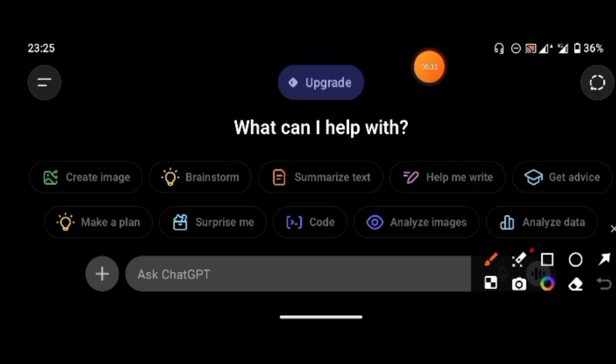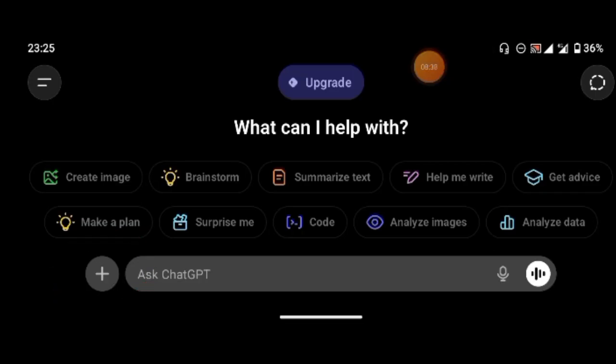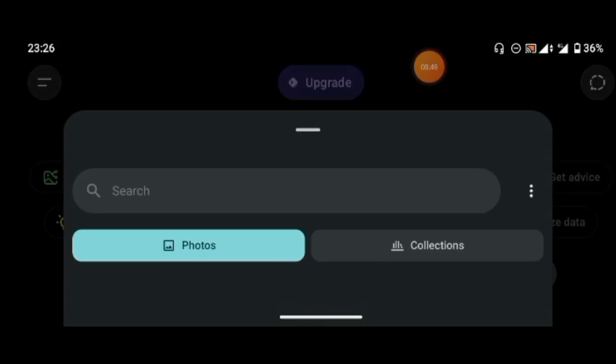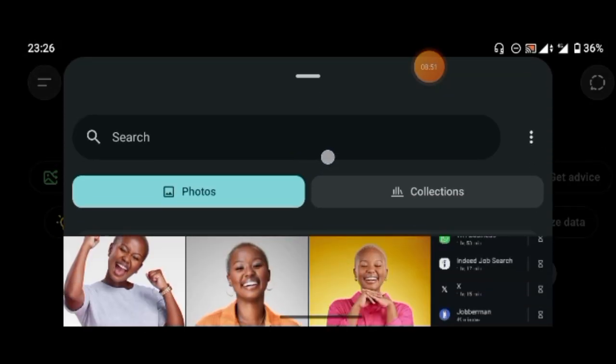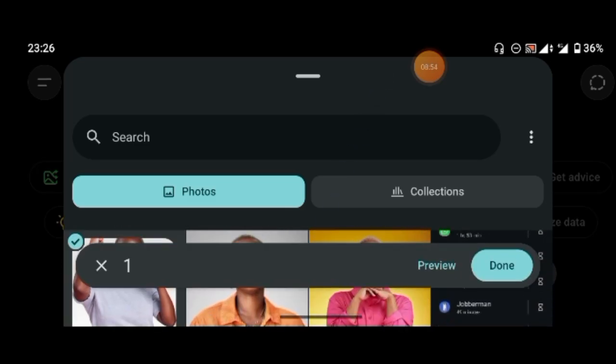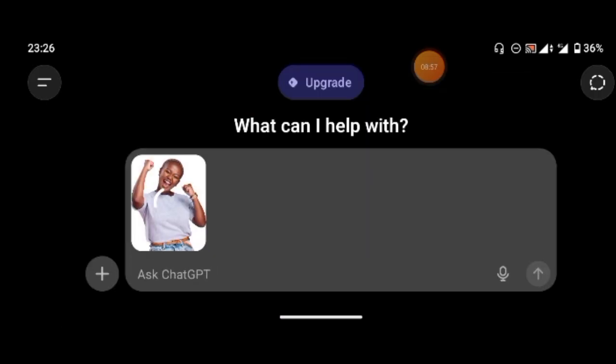Once you click on it, this will redirect you to your files. So you can just click on photos, that's what you want to import, right? Not other files. Then click on this image and click on open. So let's wait for this. Immediately you do this, just click on this here, and tell ChatGPT